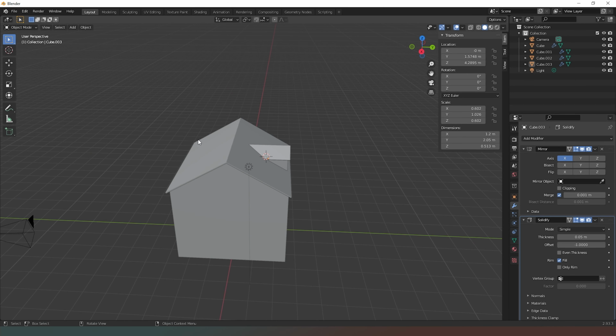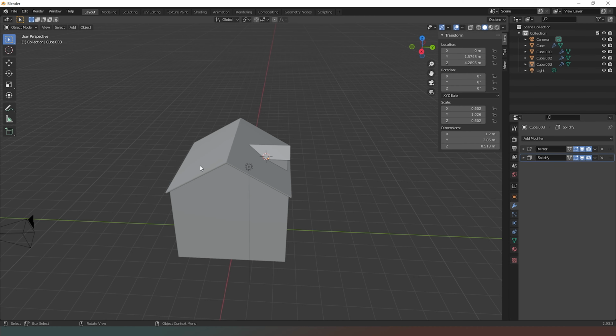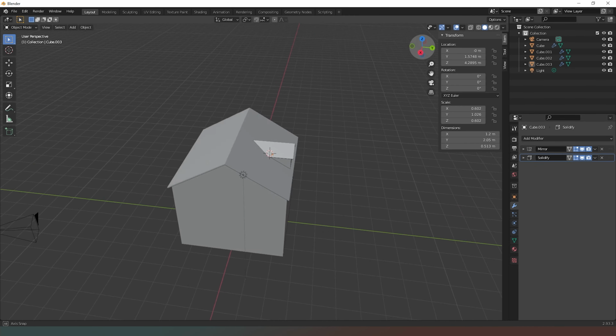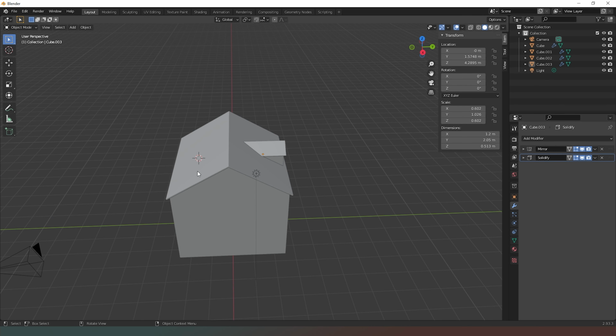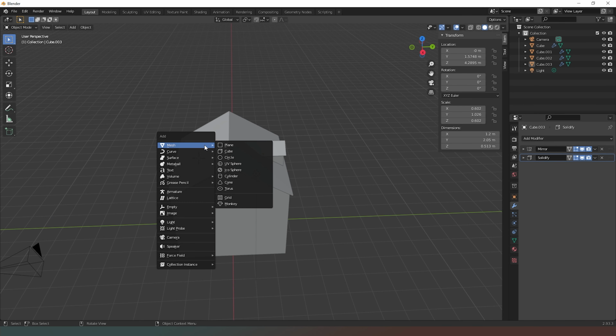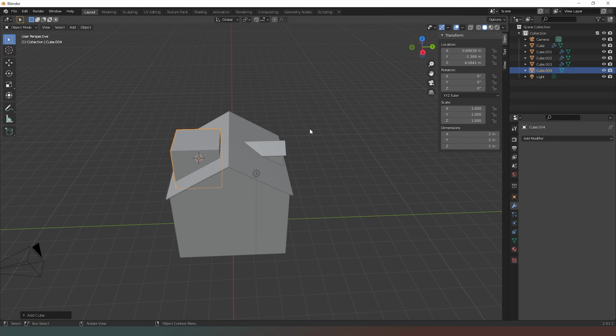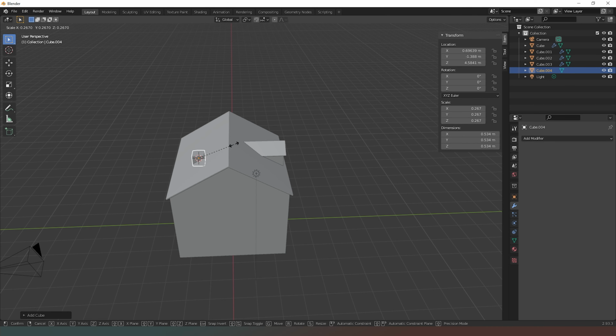We could add it to the other side as well by mirroring it based off of the origin of the house. In fact, we can demonstrate that if we wanted to. But I'm not going to, simply because I want to put a chimney on this side of the house to make it look different and keep things looking nice. So what I'm going to do is shift right click on this side of the house now, Shift A, add a cube, scale this down in all axes until I find a roughly chimney sized size, and I'm going to press S and Z, and I'm just going to make it a little bit longer,